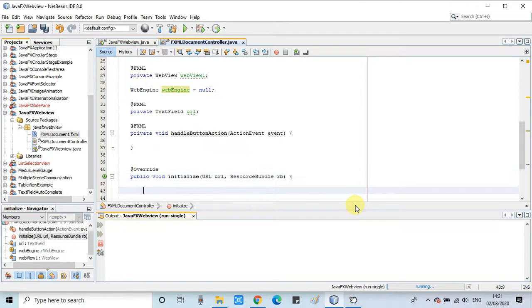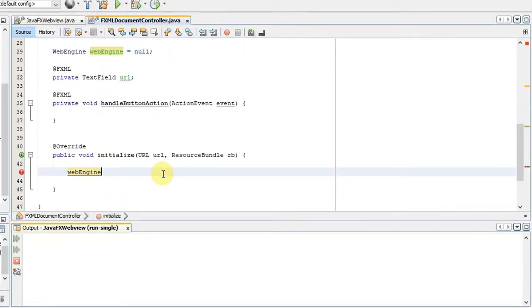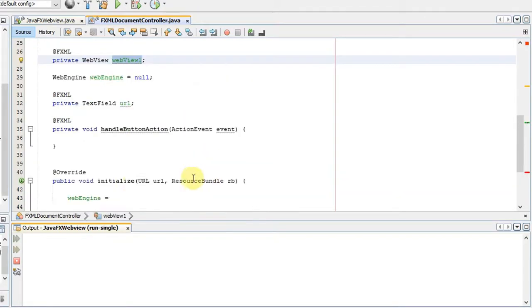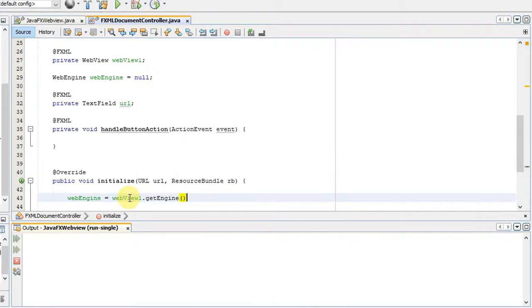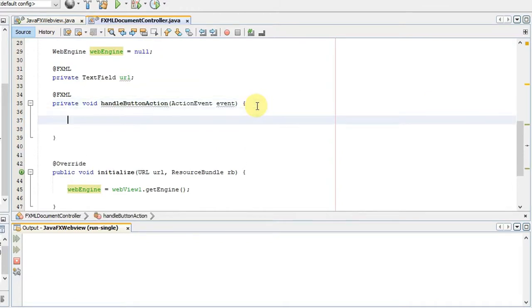So guys, the WebEngine is the important component of this implementation. We have to initialize it first with the help of a WebView object. We will use this WebView object, and we do this inside the initialize method. At the time of initialization, we have to initialize the WebEngine. It's a simple method call, webView1.getEngine, and once we get this WebEngine object, everything will be controlled, and the URL that you type inside the text field will be loaded inside the WebView.